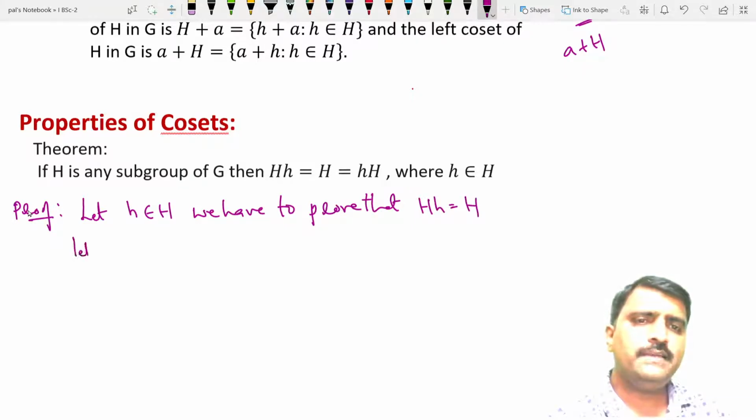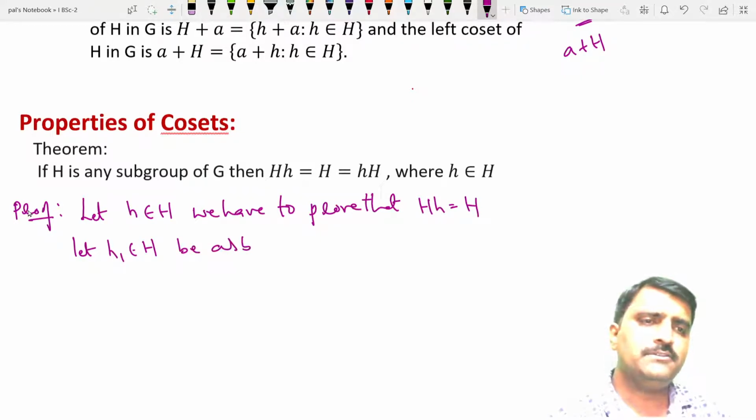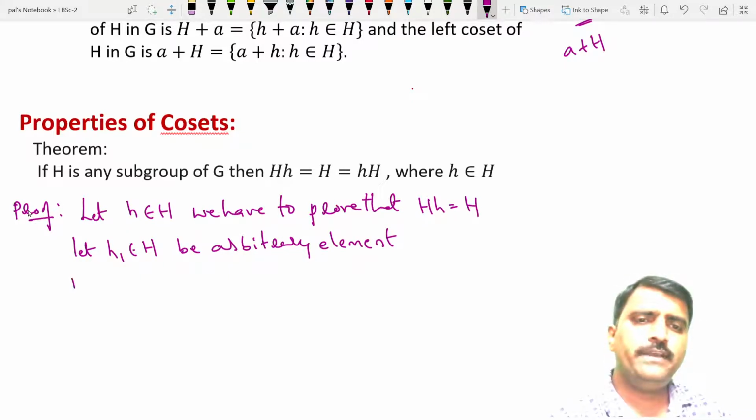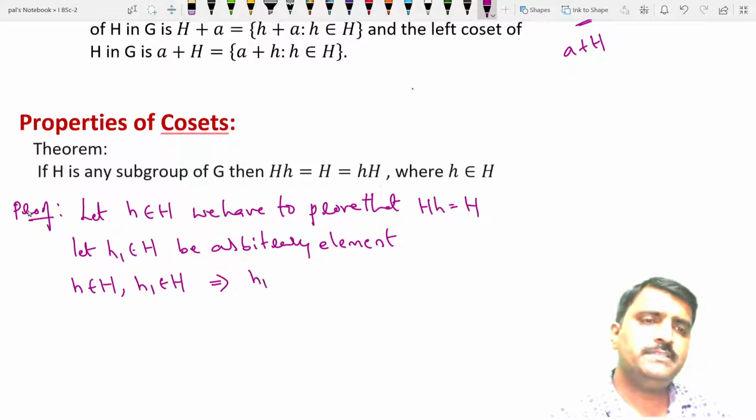Now I take another element from H. Let h1 be an element of H, an arbitrary element. So h1 is an arbitrary element of H, and h is also an element of H. What it implies is that h1 into h is an element of H,